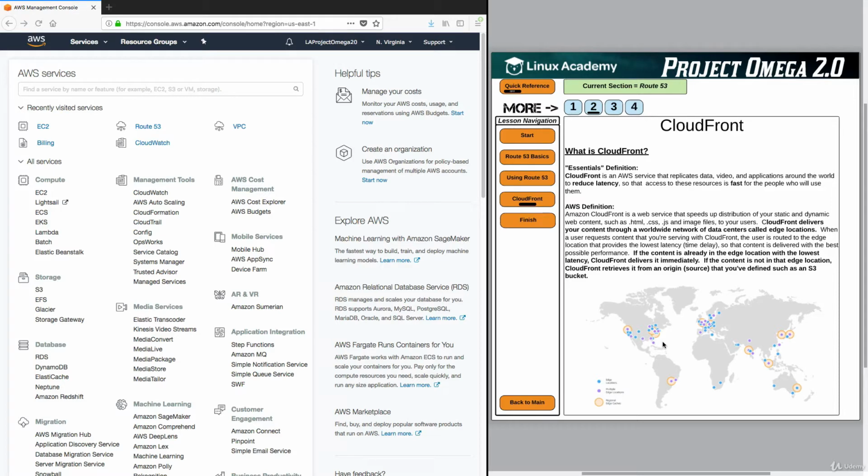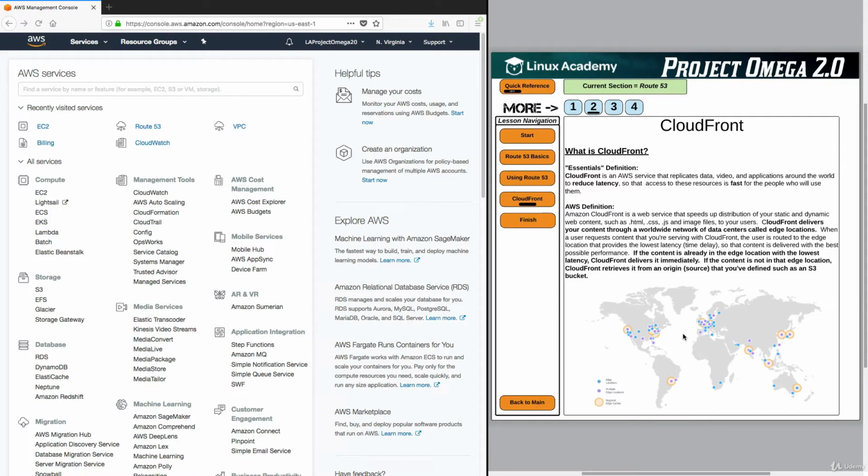We make that data available to CloudFront, and CloudFront replicates that data to these various locations as users access the data. So as the users are accessing that data, they're able to get access to that data with the lowest possible